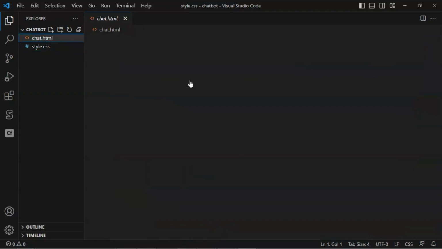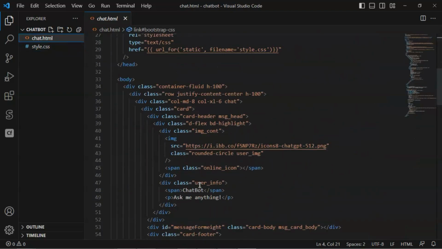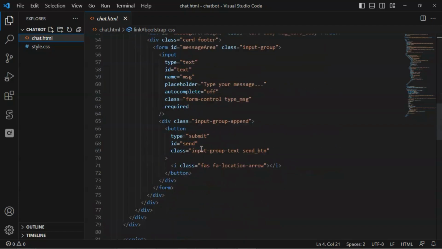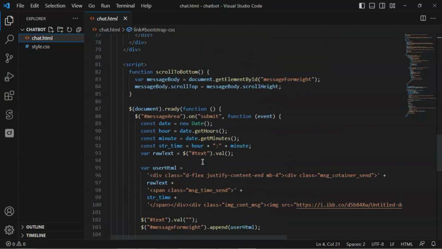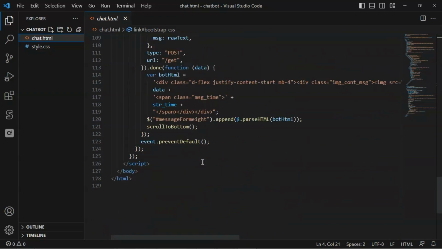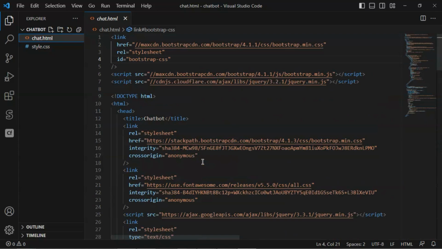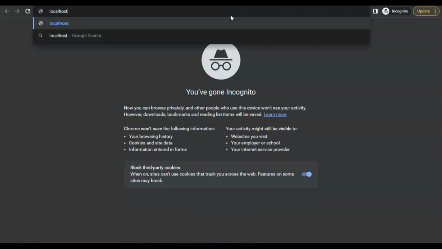The HTML file has the sections and divs for the chatbot. But it also contains scripts with the JavaScript code. We do not need the scripts, and we will delete them. We will modify it later. For now, we should be able to see the chatbot on the browser as it has the HTML and CSS style. Let us go to the browser and enter the address